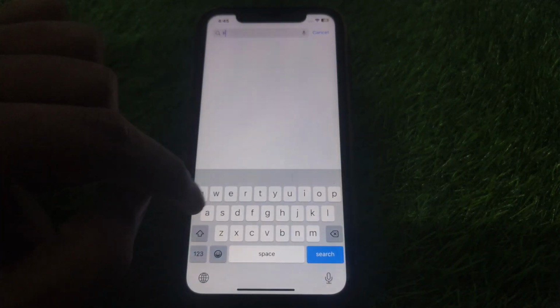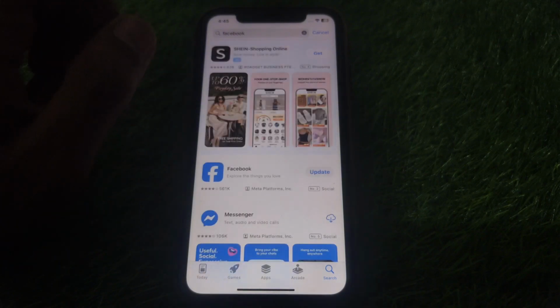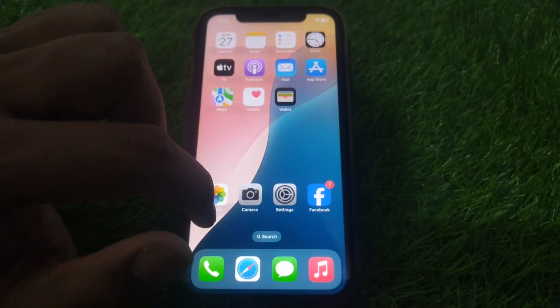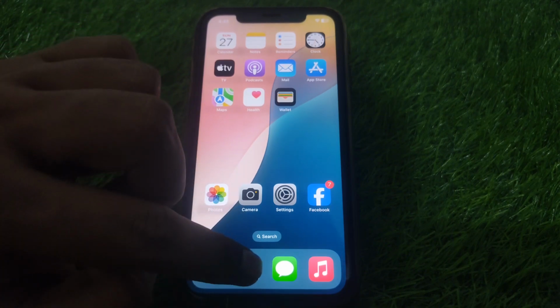In the App Store, search for the Facebook app, and make sure that you have installed the latest version of the Facebook app. And if it is showing any kind of update, then you have to update the Facebook app. And after that, try to access your account. And if it is